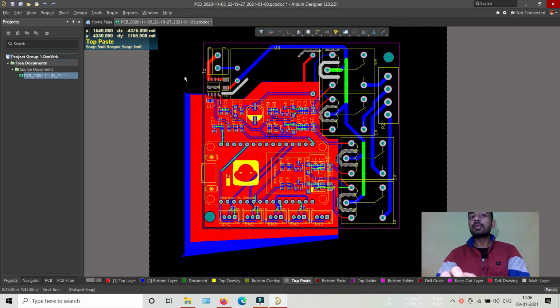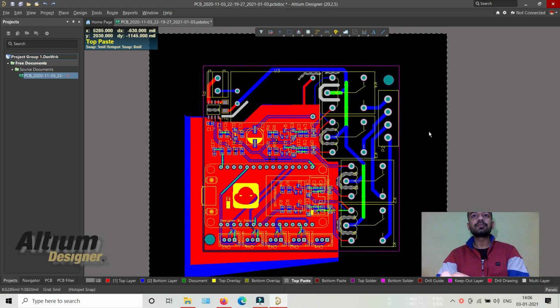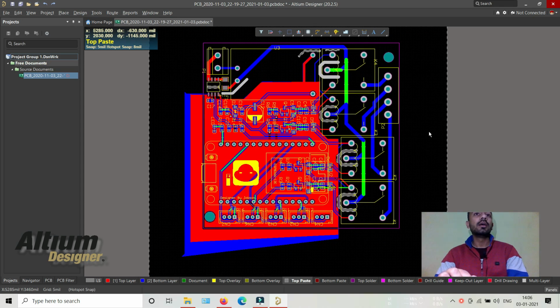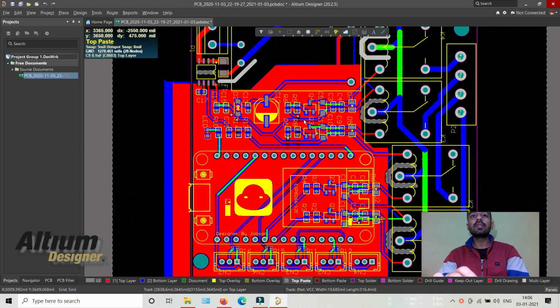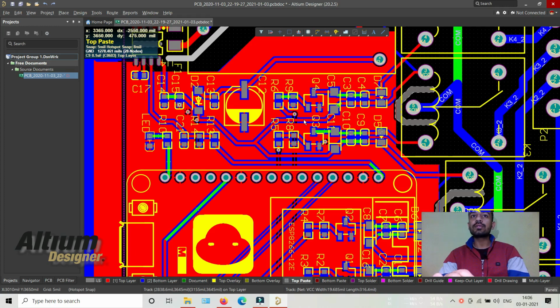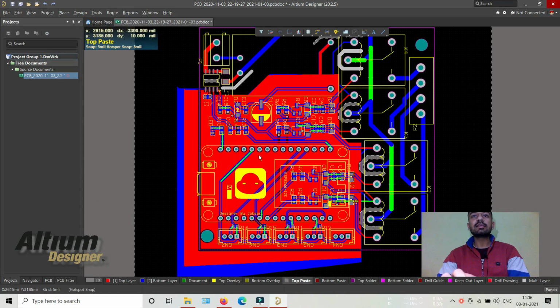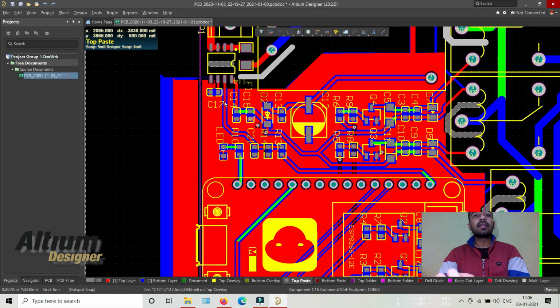I designed the PCB for this project using Altium Designer, which is an industrial level electronic design automation software. So here is the PCB design which I made. This PCB design was quite interesting because in this project I used some SMD components as well as THT ones. Here you can see the relays, the Node MCU and the power supply are the THT ones, while the capacitors, the resistors, and the LEDs are the SMD ones.